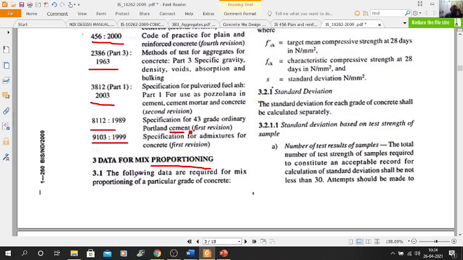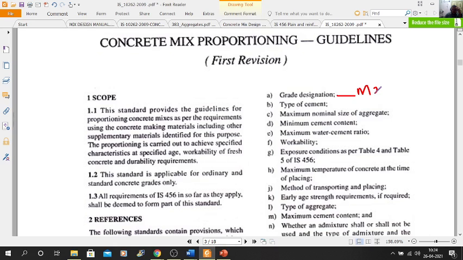क्या चाहिए सबसे पहले? ग्रेड डिजिग्नेशन. कौन सा कंक्रीट हम बना रहे हैं? M20 है, M10 है,